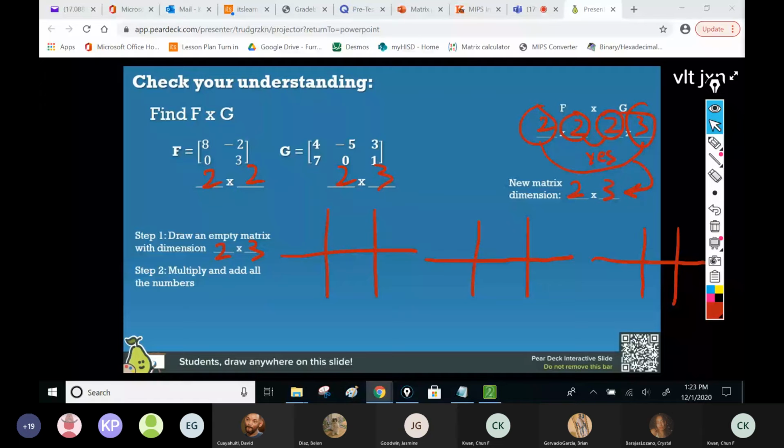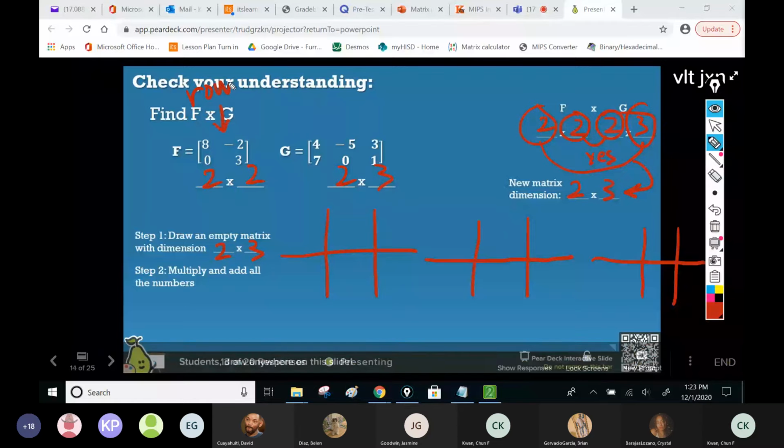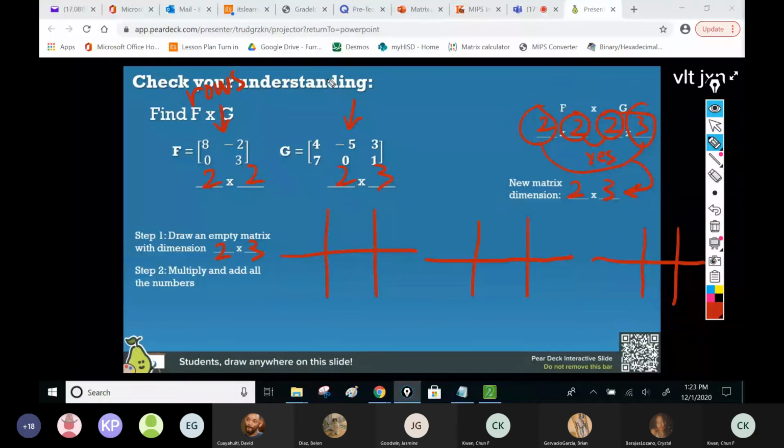All right, stop for a second. So we only take rows from the first matrix, and we only take columns from the second matrix. We only take rows from the first matrix, F, and then we only take columns from the second matrix, the matrix T, which means when you start with your upper left box,